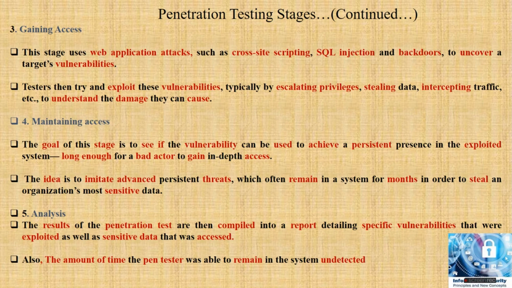Using cross-site scripting attacks, you can reveal cookies for all users, for example, or change the design of the website, or use SQL injections to reveal sensitive information from the database in the back end,